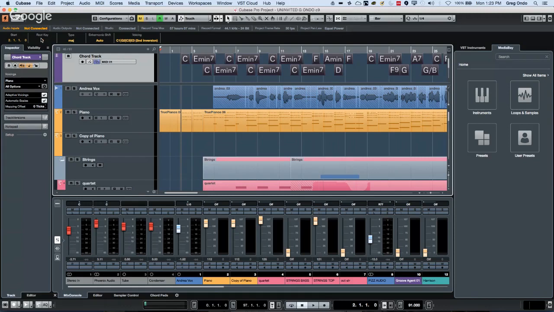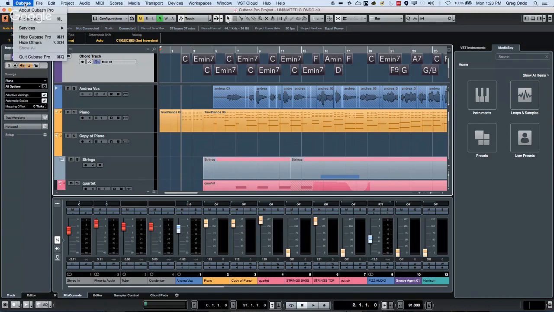Okay, so we had a question. If I play a keyboard part in Cubase 9, a note right on the beat, it ends up defaulting to a 16th note ahead of the grid. Any ideas why? One of the things to be aware of is when you go to your record setup,